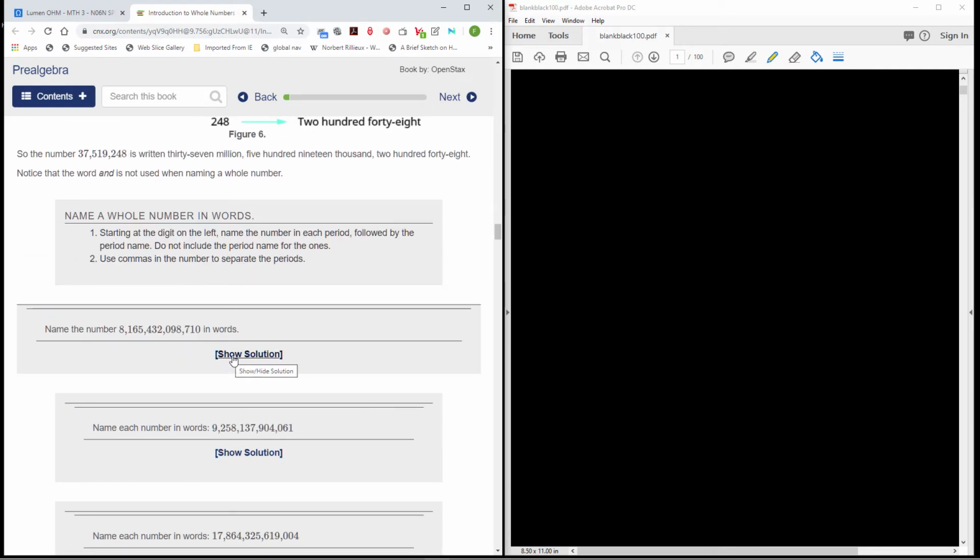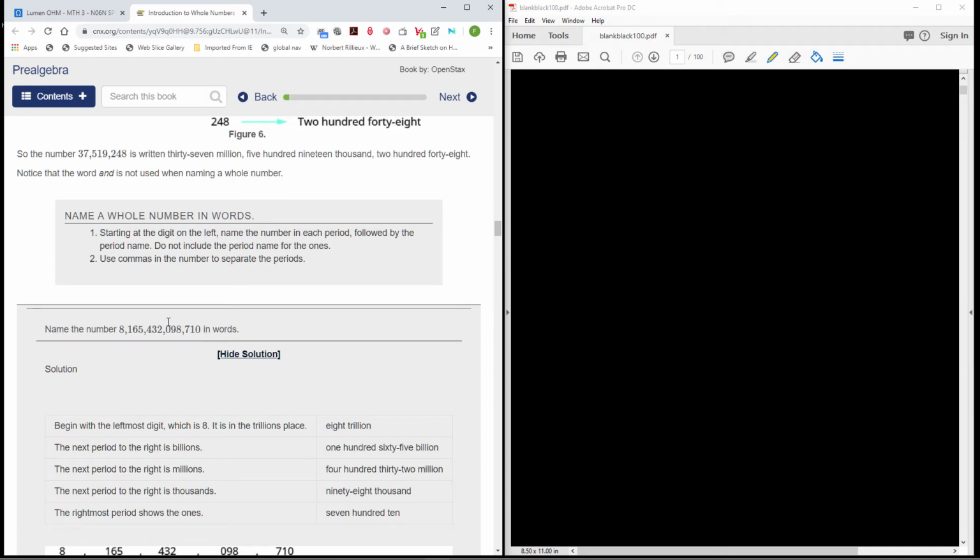So we break this down. We see that 710 is in the ones place. The 98 is in the thousandths place, the thousandths period. 710 is in the ones period, and 98 is in the thousandths period. So you have